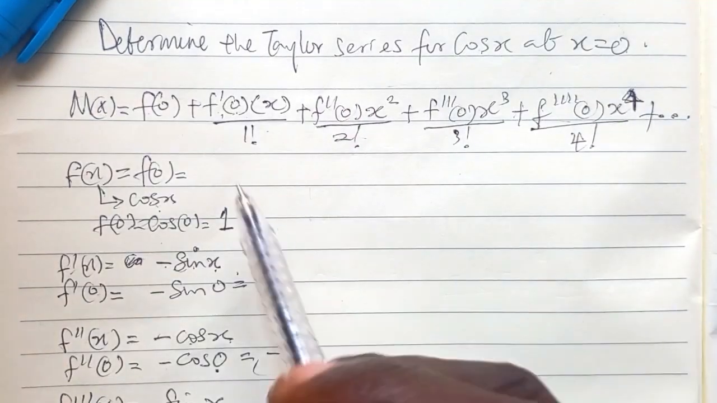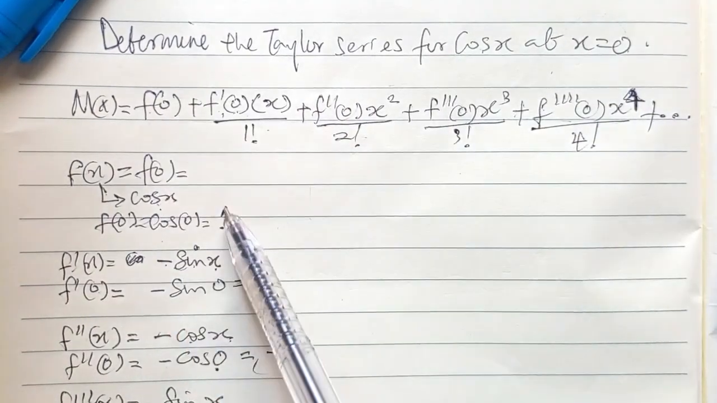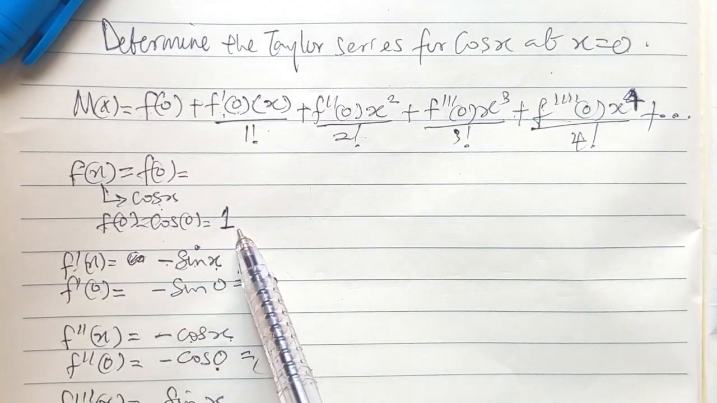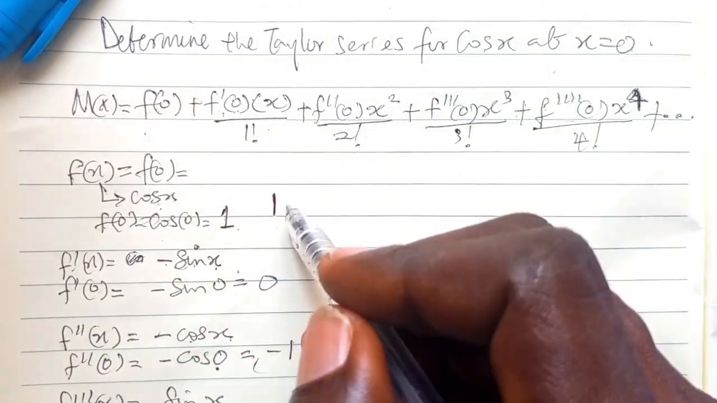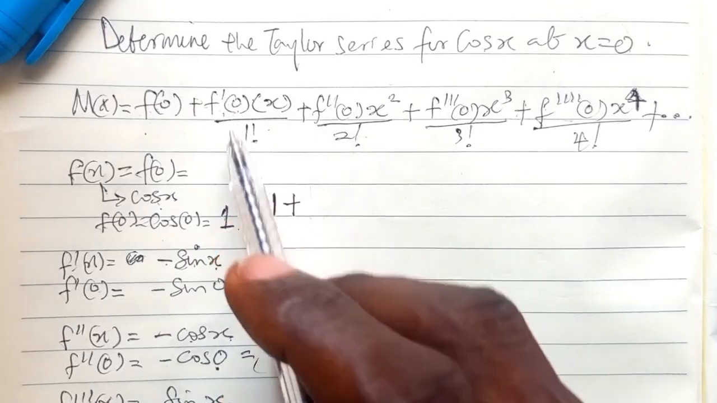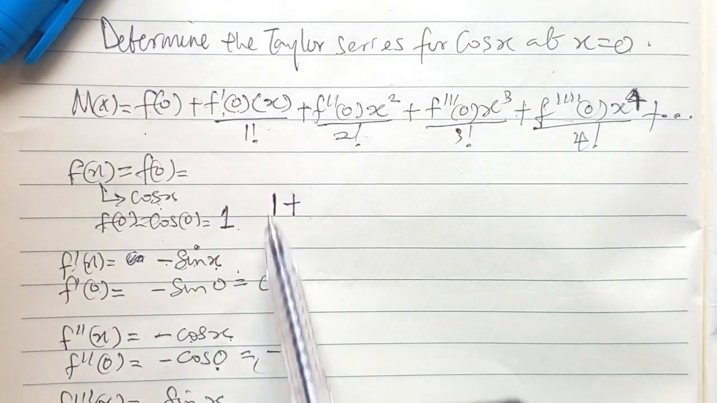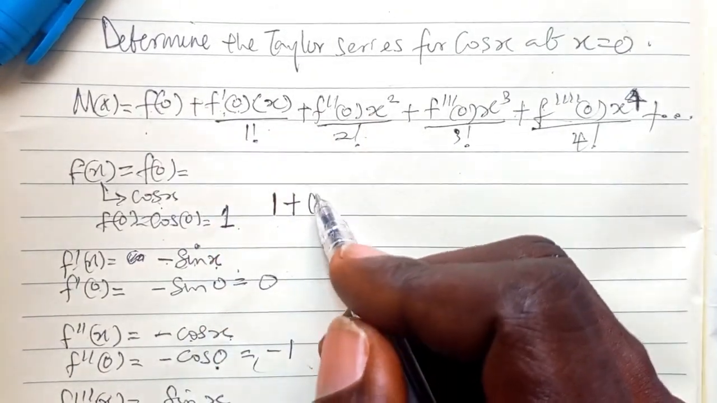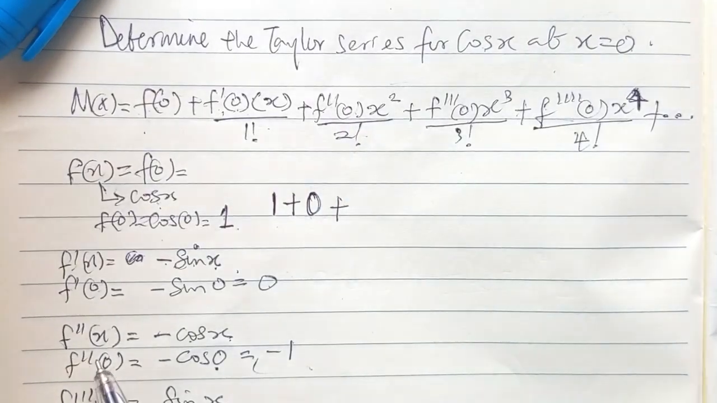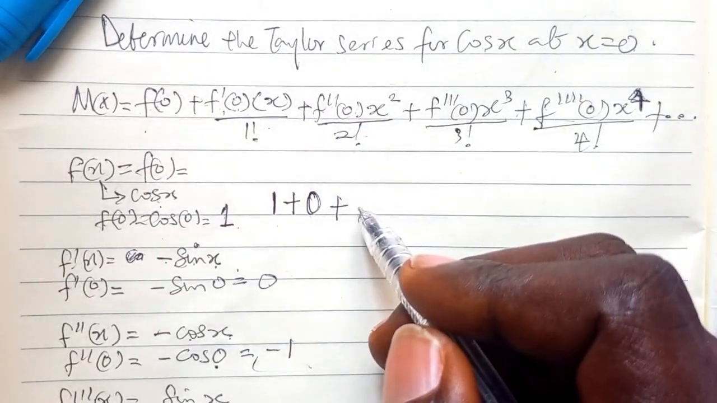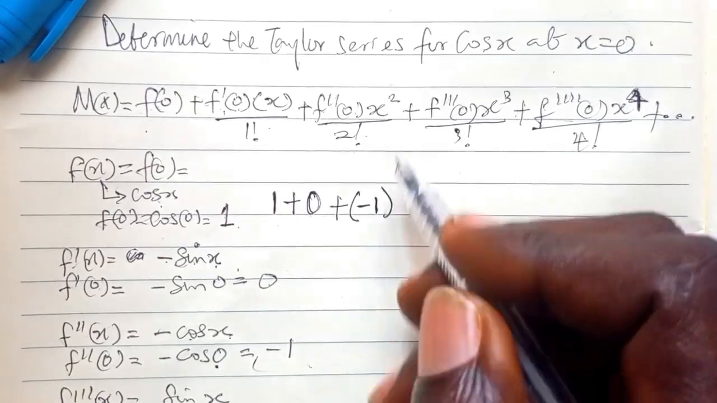So let's do it like this now. Let's get the final answer. F of 0, now from our formula, F of 0 is here. You can see it. F of 0 is 1. So I'm going to write 1 here. That's the first part. Plus f prime of 0. F prime of 0 is 0. So 0 times anything is 0. I can skip that part. Plus f prime prime of 0. F prime prime of 0 is minus 1. So I'm going to write minus 1. Then x squared